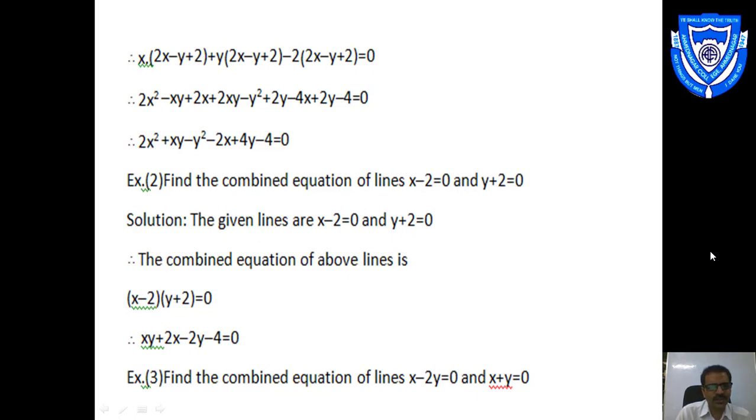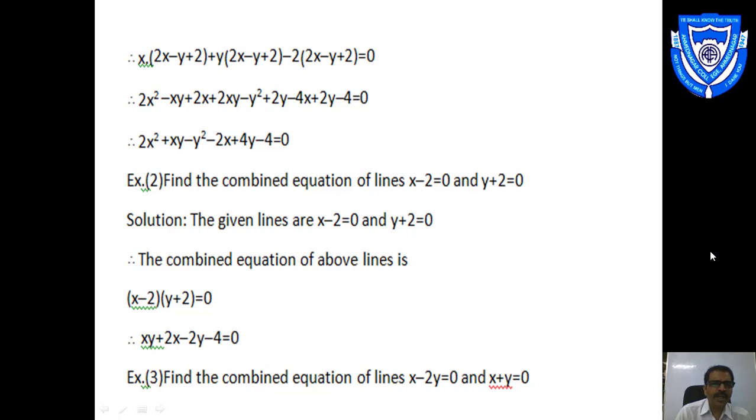Depends on the situation. So how many terms of x square? Only one, so that can be written only once, 2x square. After that, how many terms including xy? I think here we are looking at two terms including the variables x into y, minus xy and plus 2xy. Their subtraction can be done. It is plus xy. After that, how many terms of y square? Only one term, which is minus y square.